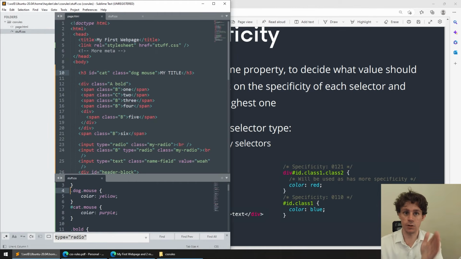But dog mouse is 0, 0, 2, 0, similar to what's here. So this one would be 0, 0, 2, 0, and this one would be 0, 1, 1, 0. Yeah. Now, I don't want you to get the impression that CSS is super technical and mathematical or anything like